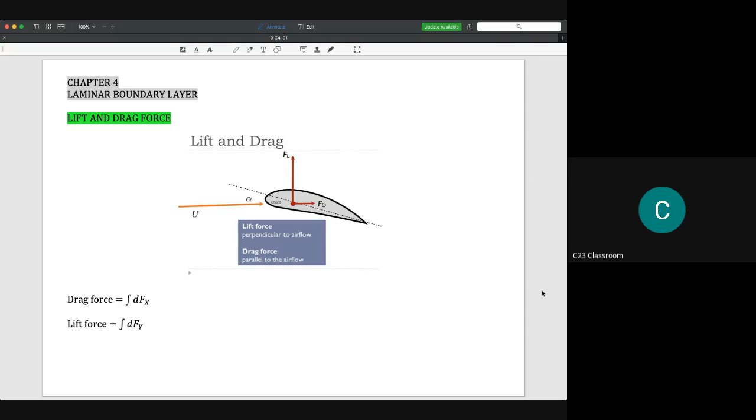So today we start to discuss about boundary layer. So the whole chapter 4, 5, and 6 we will discuss about the boundary layer and its extension. So why do we continue our study about boundary layer? It is because